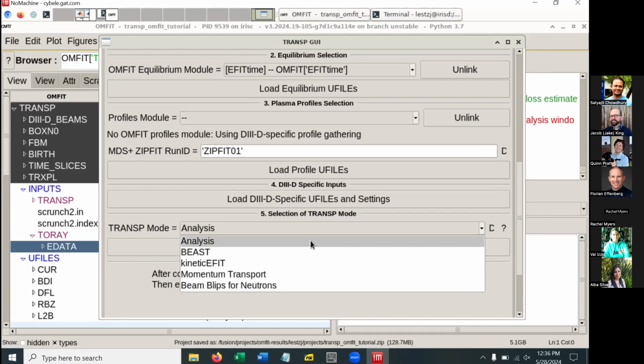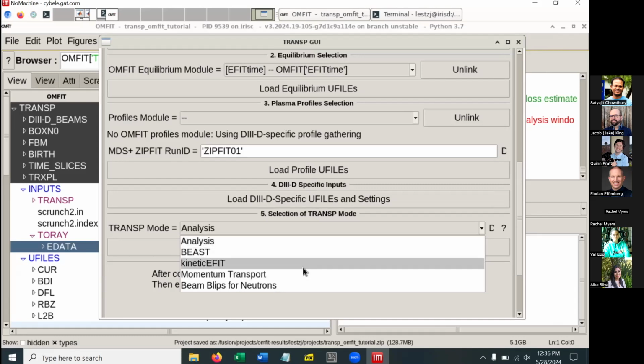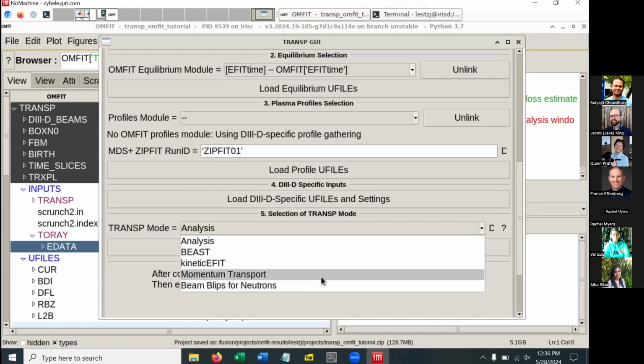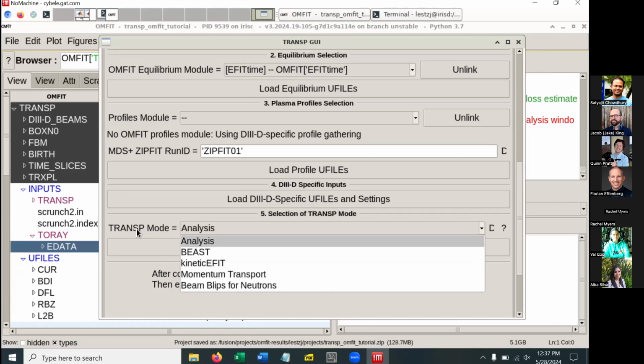There's this analysis mode, which is like default settings that you might start with. There's this kinetic EFIT mode, which I believe is what would be used in a kinetic EFIT workflow. This is what evolves the current profile resistively. That would then give you a constraint for your kinetic EFIT. And then these bottom ones are if you want to do some analysis that involves needing to know the fast ion profile with much higher fidelity than you usually would. So maybe you actually care about what the distribution looks like, not just as a function of rho, but actually as a function of velocity and pitch. And so then these 2 are basically going to crank up the settings on the fast ion deposition model